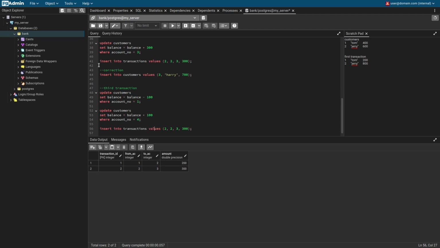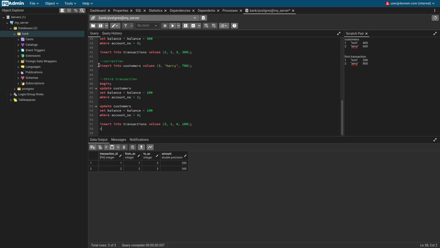We'll create a transaction here. We'll give it a transaction ID 3. The balance is transferred from account 1 to account 4 and the amount is 100. Now before executing, we'll put this whole code block inside begin and end it with commit. Now begin stays the starting of a transaction. We'll run this first